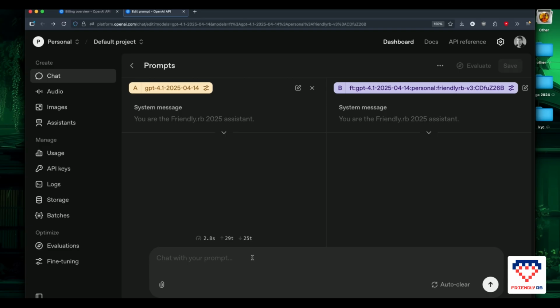This hallucinates like crazy, so if it says something stupid, this is not on me, this is on the model. What are the AI talks at Friendly.rb 2025? It listed some. I think some of those are real or at least semi-real, like this one is close enough. But of course, the generic model doesn't know anything about this. I'll be clearing the context after each query, because I don't really want to pollute it. But let's do something else, like what date is Friendly.rb